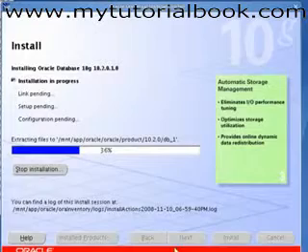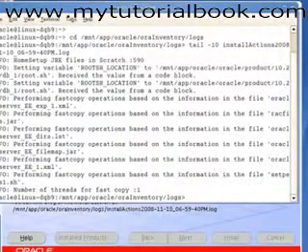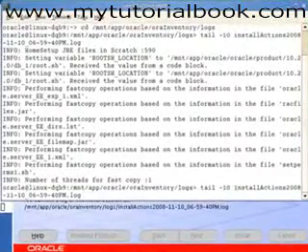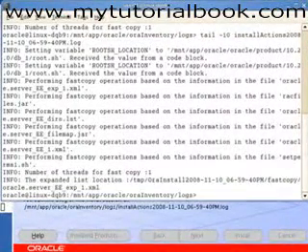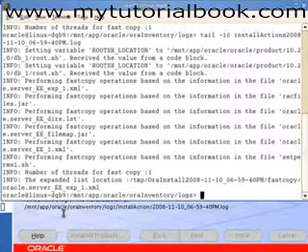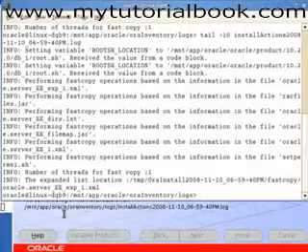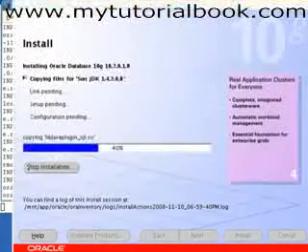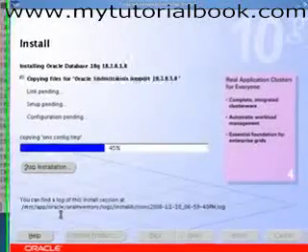Let me open the log for you to show what is getting installed now. Let me just show you the last 10 lines. So some jars are getting copied. So we could now and then visit this log to get an idea of what is actually happening in the installation.